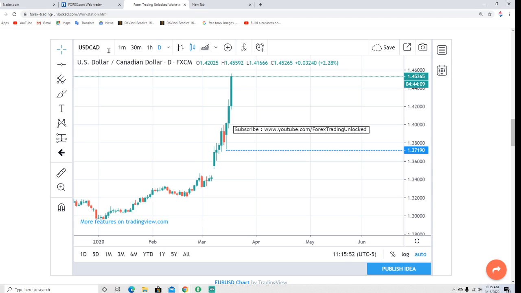But if unemployment shoots up and things like that, they have to pump all kinds of liquidity into the credit markets. Eventually that's going to dry up, and once that dries up, then it's all over. Then it's all over. So these are big trends that we have going on in the currencies.